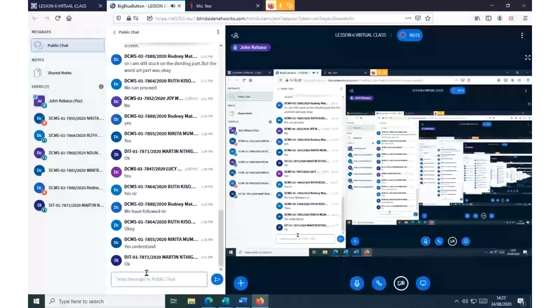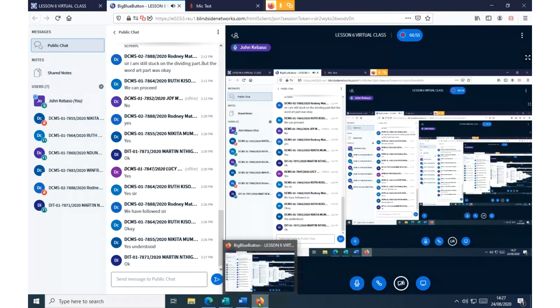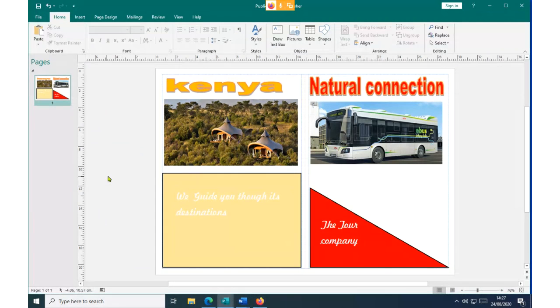Okay, I'll still proceed. Now, let's see how we can work on the inside of our page. So the next procedure, for us to work on the inside, you will have to add another page. Adding another page, you simply click on the page navigation pane, and then you click on it and then right click.